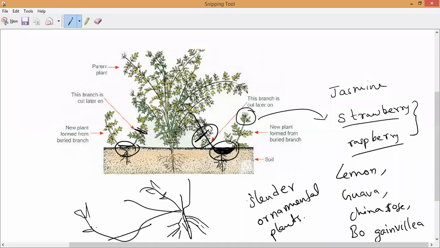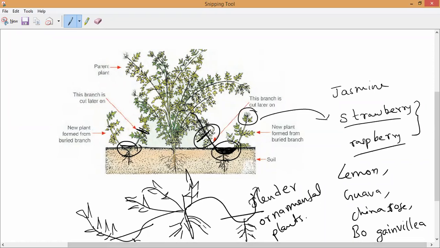Like that you can draw. Imagine how fast I am drawing; the same way you need to draw. Here it is covered with moist soil, so that it will start growing into a new plant. That is just for showing.